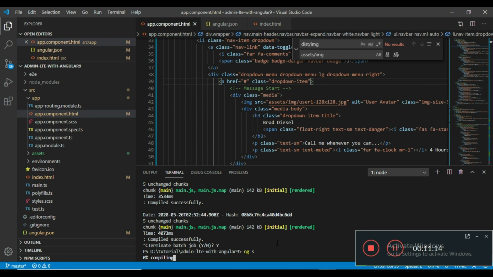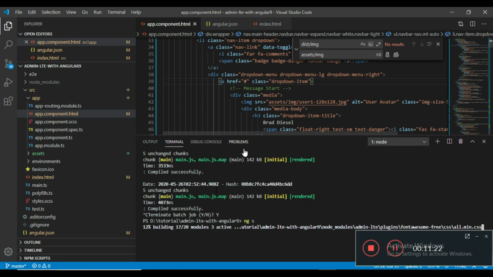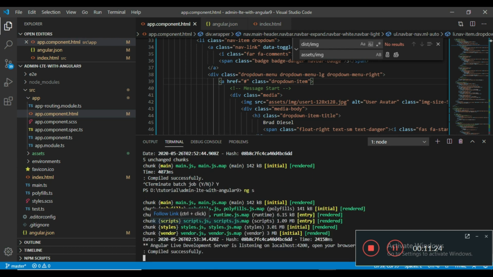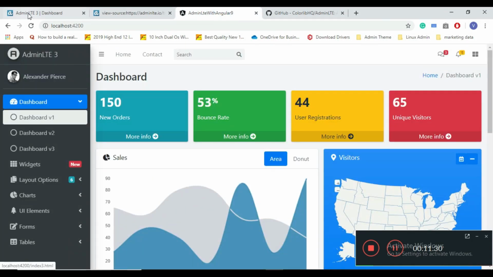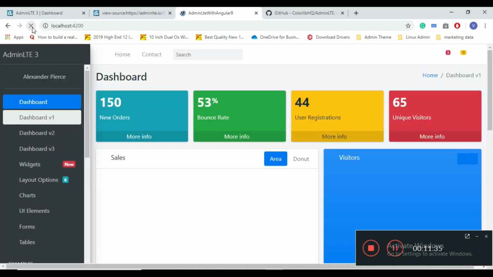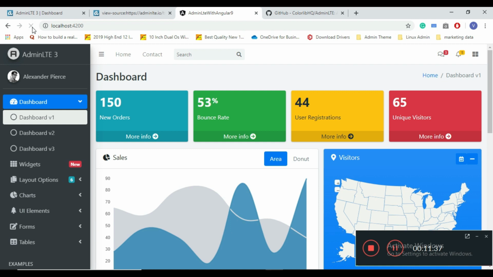Here it is compiling. Compiled successfully. Check the project in the browser, just refresh. So here we have integrated AdminLTE successfully with Angular 9.